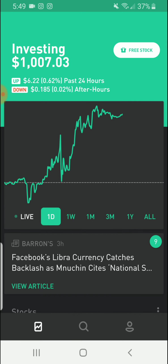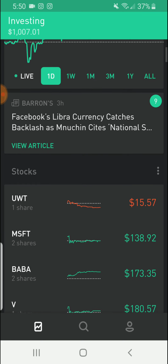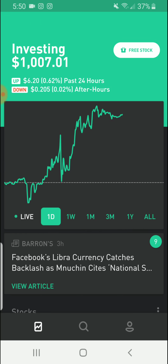Alright guys, so with my account right here, as you can see, I have $1,000. So basically what has happened in the meantime is I moved over to Webull. I got a free stock, and after using it for a little bit, I decided that Robinhood was a better platform just because it's simpler to use, more aesthetically pleasing, and I just liked it more in general. So I decided to come back to Robinhood, and now I'm here starting with $1,000 flat, and I'm looking to grow this sum of money